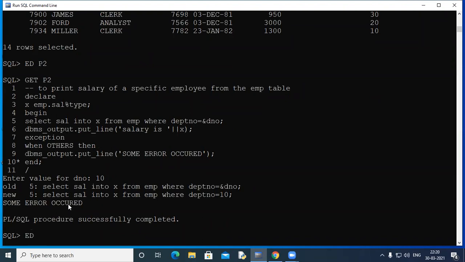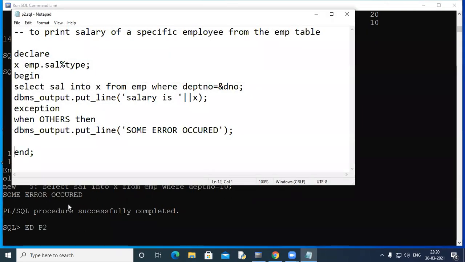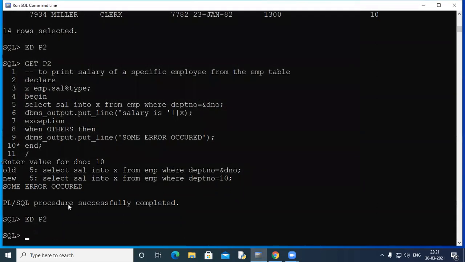To write about that error, two functions are available, I told you. So you can write here, or simply you can write error is, and then you can use this function SQLERRM. This SQLERRM is a combination of your error number as well as the error message. Another one is SQLCODE. You can also pipe that. I'll use both the functions in one code itself, SQLCODE. See the difference now.